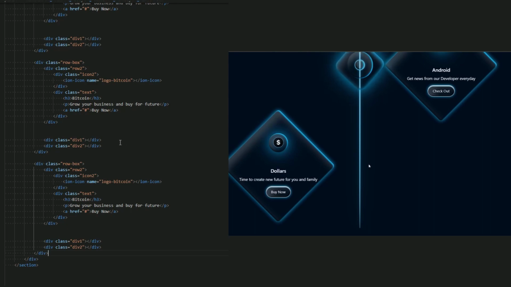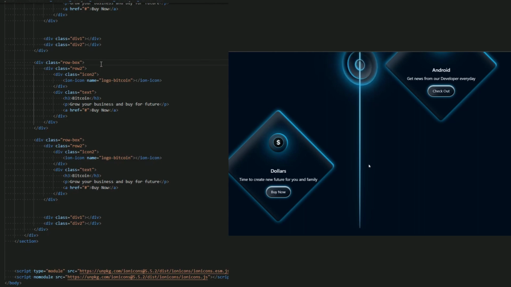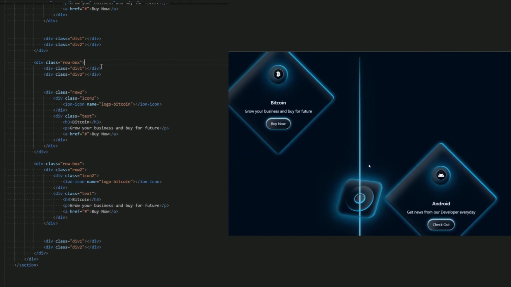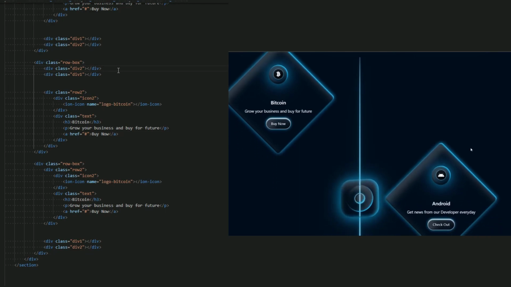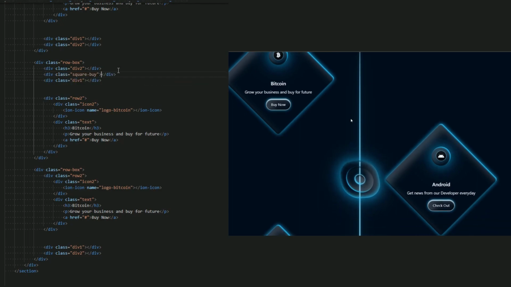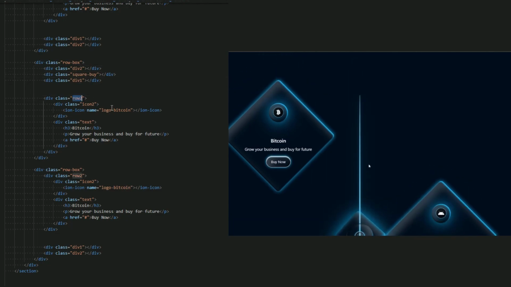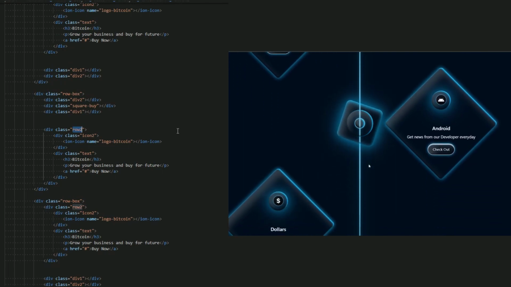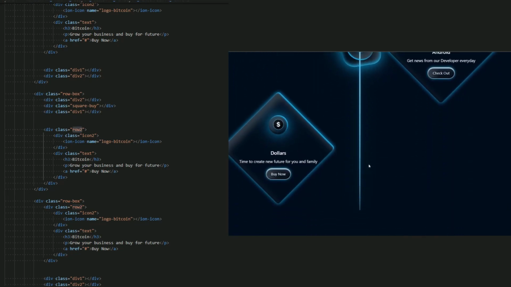Now in this second row box, we want to replace it. Let me make it the top row 2, and the last one as well. And let me add a square buy, because I want to add this square, as you can see, in the center of this buy page. So square buy. Now it is better. We have this div2, div square buy, div1, and the row 2. And yeah, I think everything is set. Let me just check it. Okay, yeah, everything is checked.